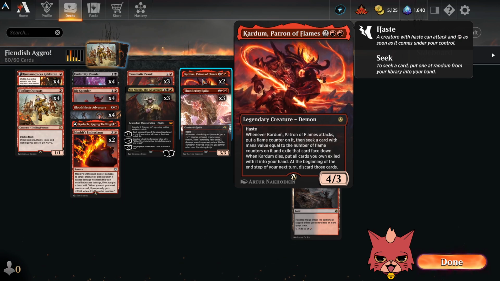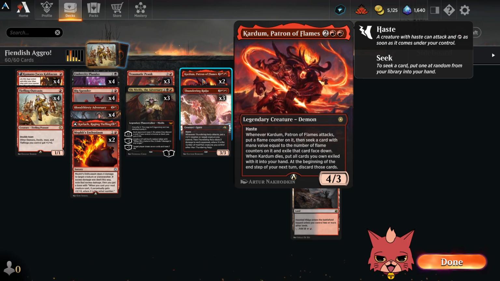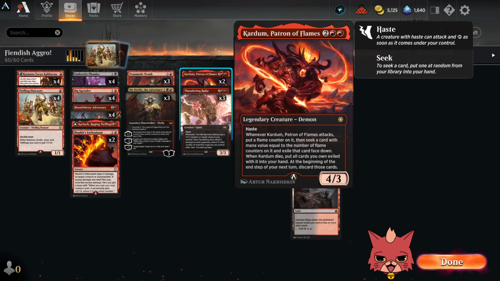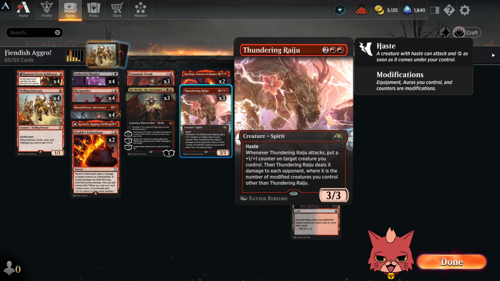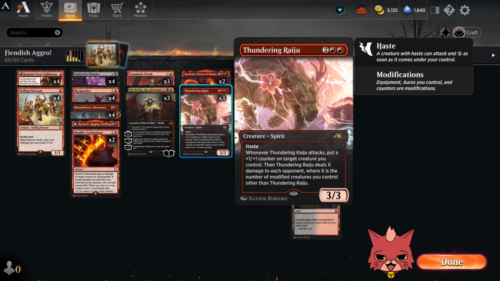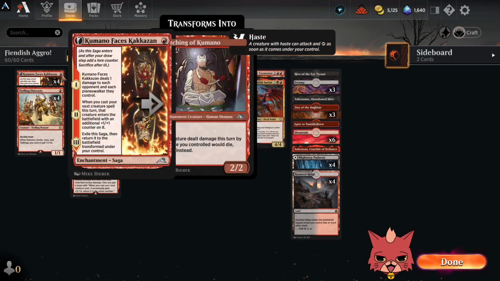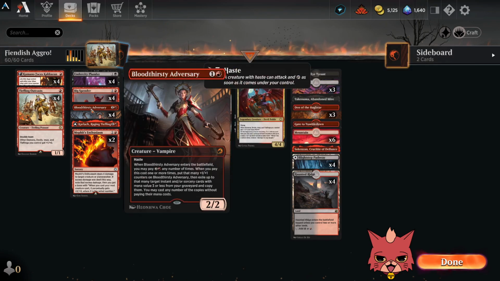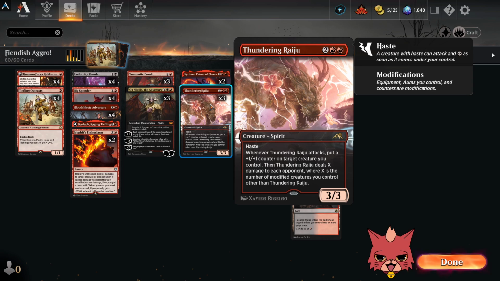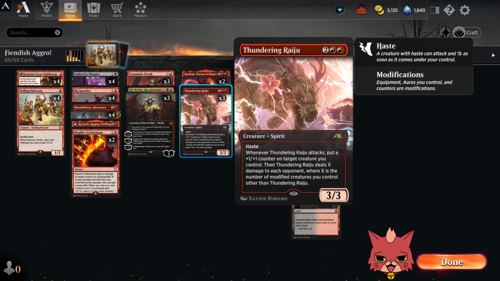The big issue here is exile removal, right? Because it does say dies, not leaves. And so, either way, pretty amazing card. What's a little bit better than Kardum here is Thundering Raiju. Even though it's not a demon, and Kardum is in fact a demon, Thundering Raiju, as we know, can really plug that damage in, and getting modified off of Kumano early on seems to be pretty important. Don't forget Bloodthirsty Adversary can kind of modify itself too. So you're going to have modified creatures on the board at some point, and Raiju just helps us slam in